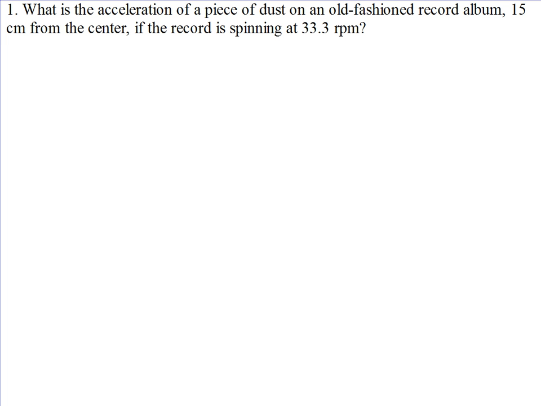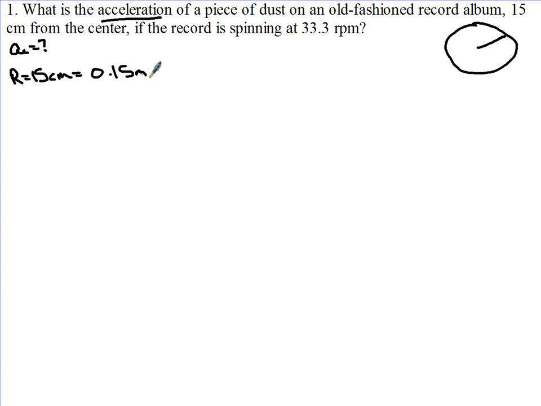Okay, what is the acceleration? So we're looking for ac of a piece of dust on an old-fashioned record album. Okay, so it's a record album that's 15 centimeters. So r is 15 centimeters. Let's go on and convert that to meters: 0.15 meters. If the record is spinning at 33.3 RPMs, the speed is